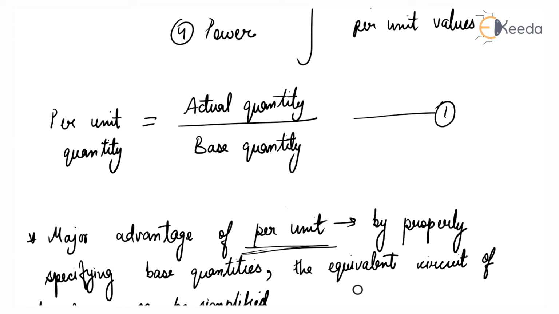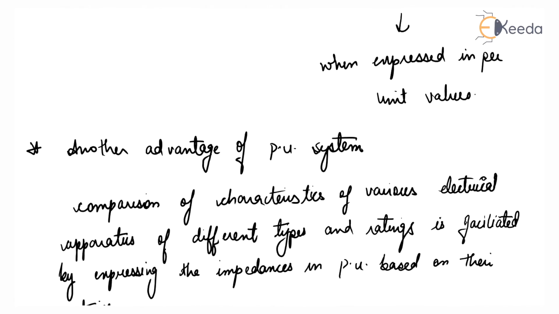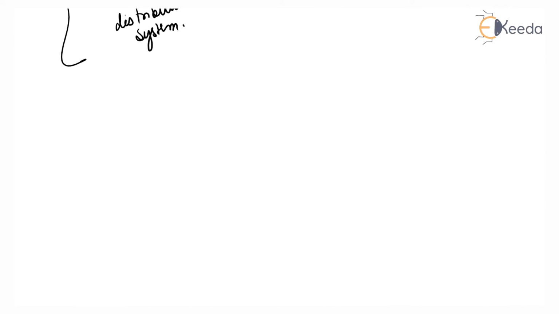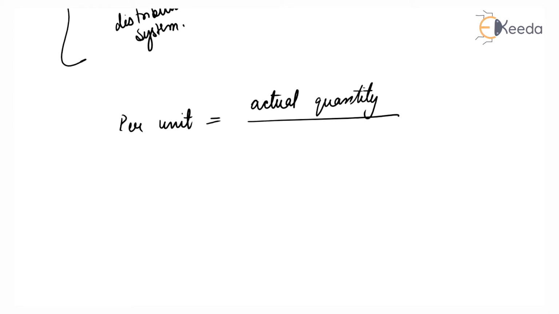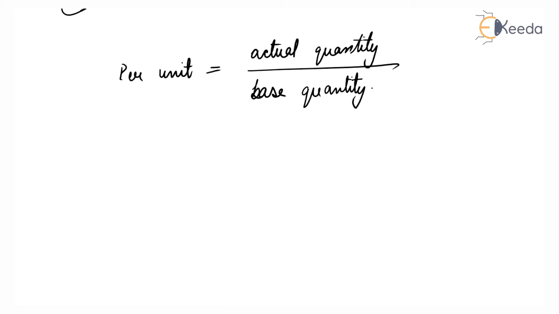So let us define per unit is equal to actual quantity upon base value of quantity. What is the actual quantity? Actual quantity means working quantity: voltage, current,